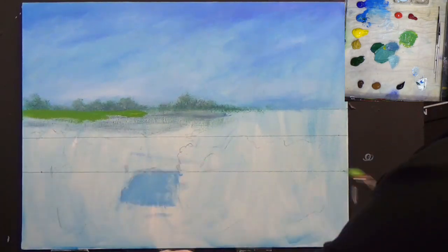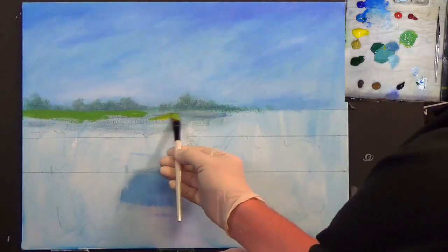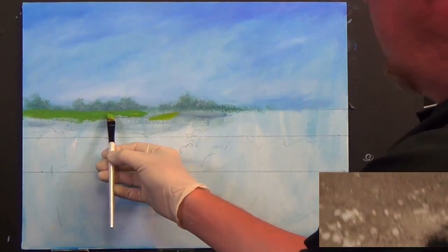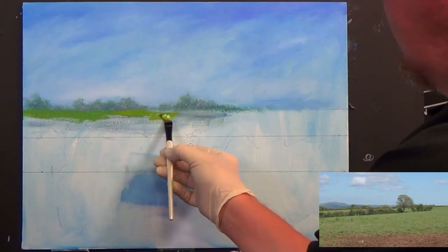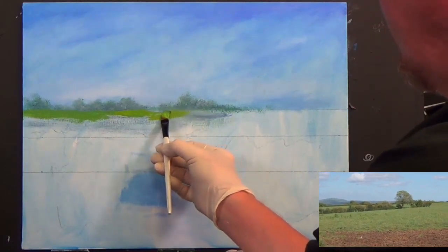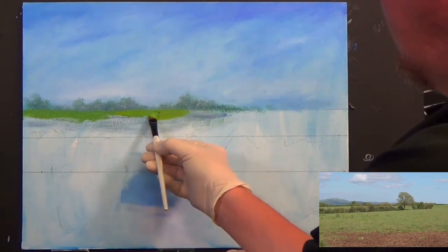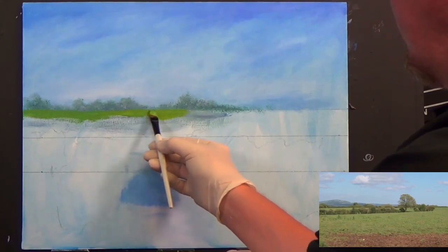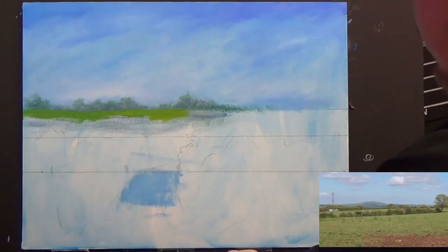I'll have to show you. I'll take a few photographs and put them on the screen for you. And I'll show you what I mean, because you think, well, fields don't look like that. Well, they might not look like that where you live, but they do look like that where I live. I talk too much now and I've lost my...